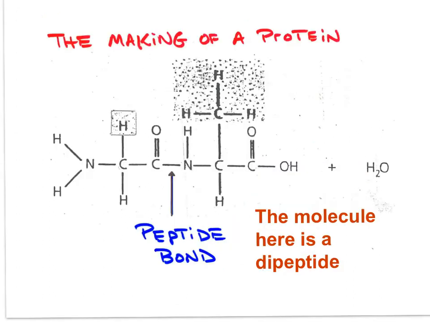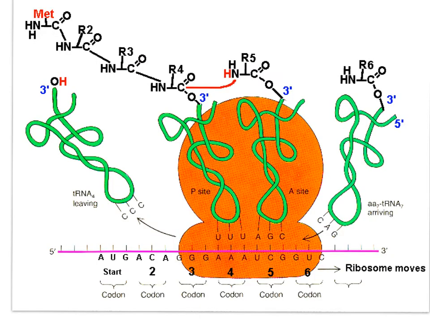Here is a dipeptide, and you can see the position of the peptide bond between one amino acid with its R group here and the other amino acid with its R group here. In this diagram of translation, the amino acids are shown in very high detail, and each is identified by its R group, as you can see here. You can see the formation of the peptide bond between the carbon of this amino acid and the nitrogen of